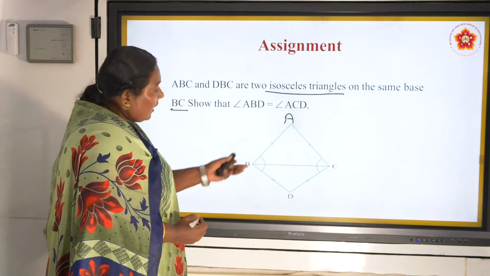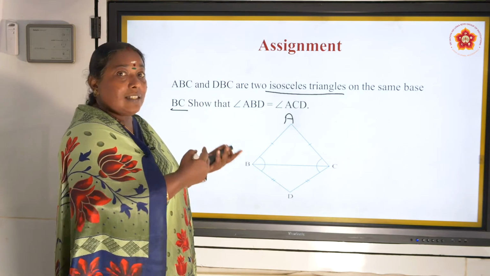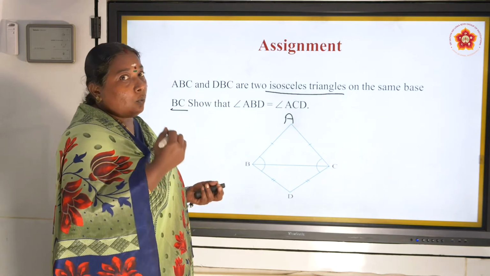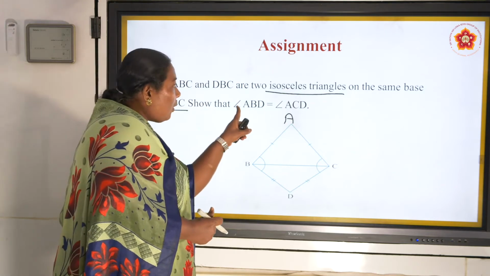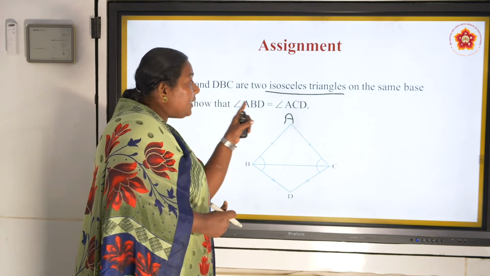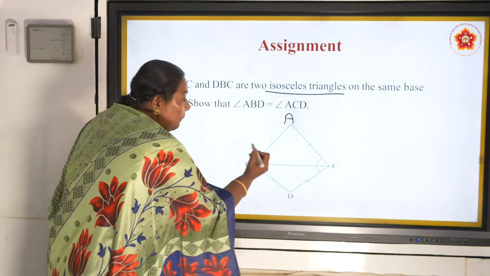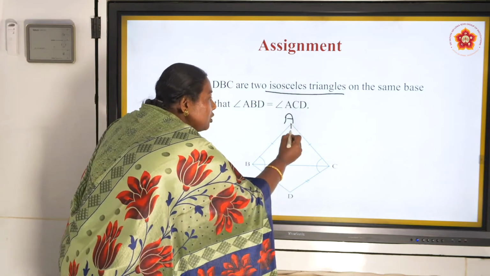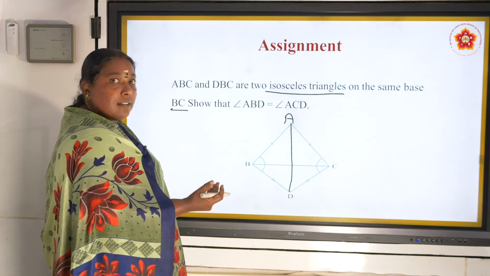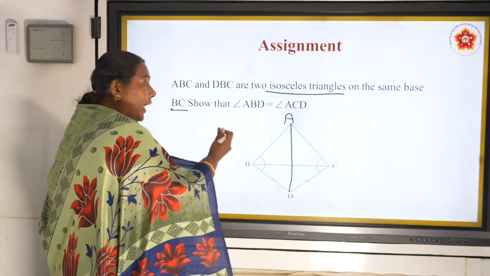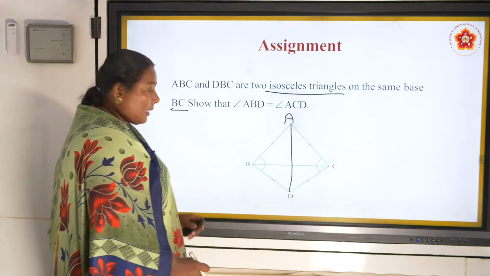Okay, but they have asked the question in another way. So what we have to do? We have to start from the question. What they have asked: ABD. So what triangle do I need? I need a triangle ABD. So I'm going to drop a line, that means just join A and D. You will get triangle ABD separately and triangle ACD separately.